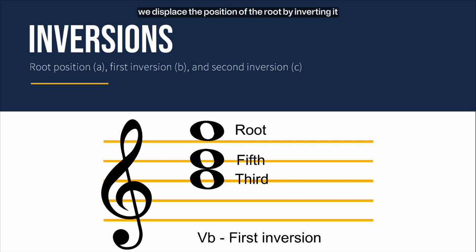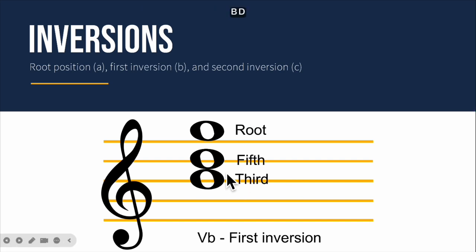If, for example, we displace the position of the root by inverting it an octave higher, the third of the chord, or the B note, is now the lowest sounding note. We say that the chord is now in its first inversion, or chord 5B. You can see that the 3 notes remain the same pitches, G, B, D, only that they are arranged in